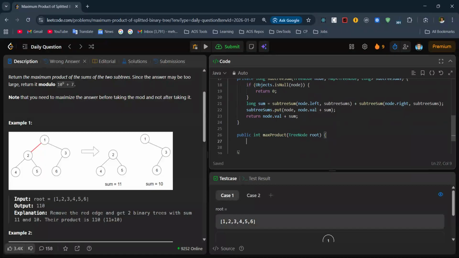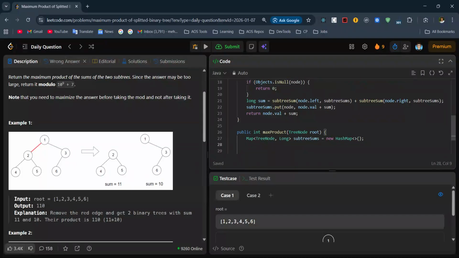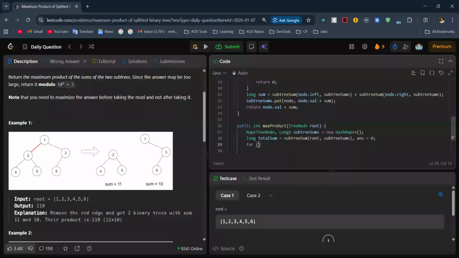Now we just want to iterate on this map and find the S1 and S2 basically. So first I'll initialize this map, and it will be subtree sums equal to new HashMap. And what else I can do, I will calculate the total sum. So total sum will be subtree sum of root. Also I'll have an answer variable for storing the answer. Now I'll traverse this map,